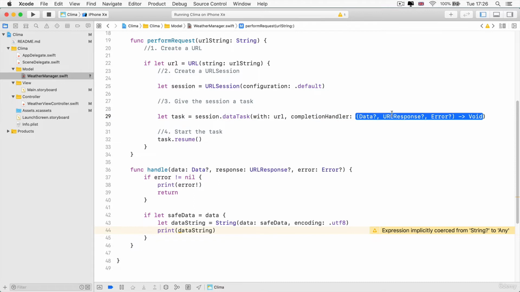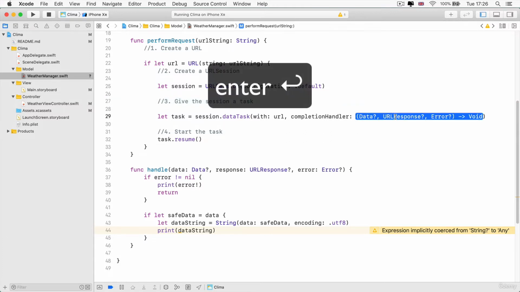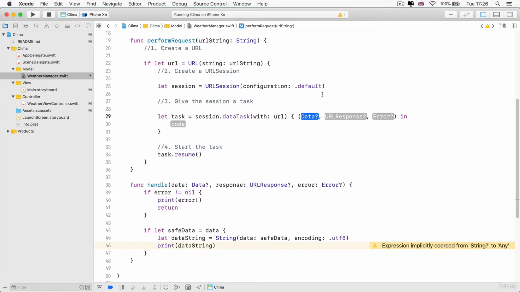But here in the completion handler, where you see this gray area, which is the code placeholder that is telling us what it's expecting, if you go ahead and select it, so turn it blue, and then hit enter, it should format it into a trailing closure automatically for you. So now that we see this familiar closure format, we can go ahead and add in the names of the inputs. That's going to be called data, that's going to be called response, and that's going to be called